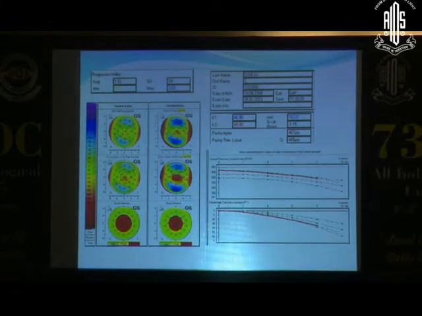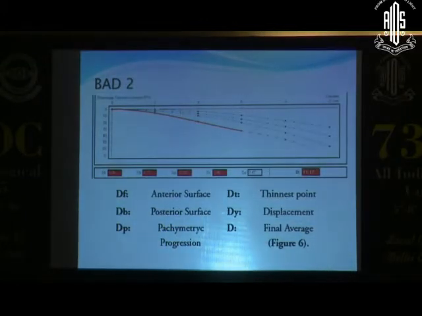You definitely would look at this patient again, and you have to go based on history, clinical findings, and then on these topographic machines. You're not supposed to jump directly on a topographer. The BAD2 is basically these indices at the bottom of the pachymetric progression map, which indicate what is the difference in this patient compared to the general population, and does it fit into that criteria of less than 0.5% of the general population would have this. So you have DF, anterior posterior surface, the pachymetric progression, thinnest point, displacement, and finally the average.